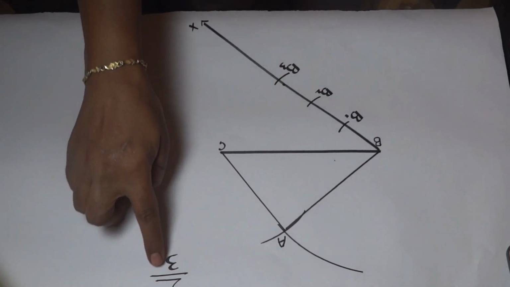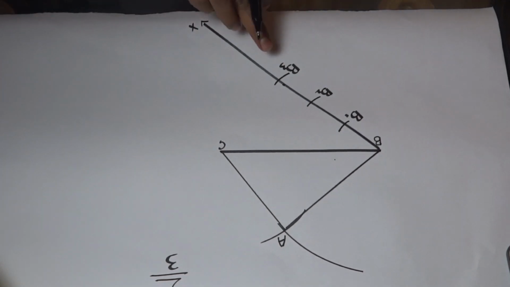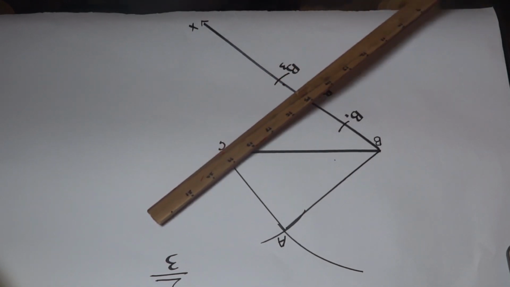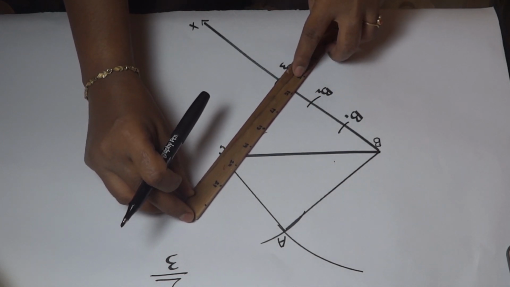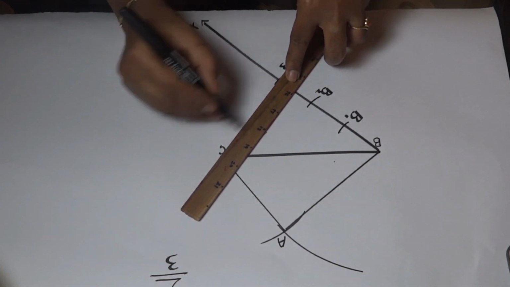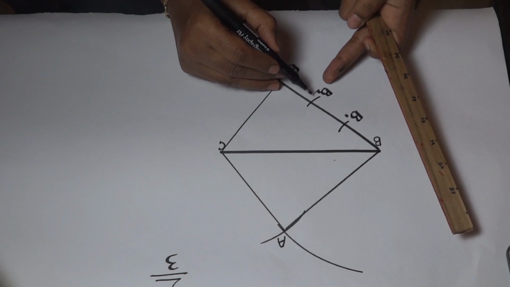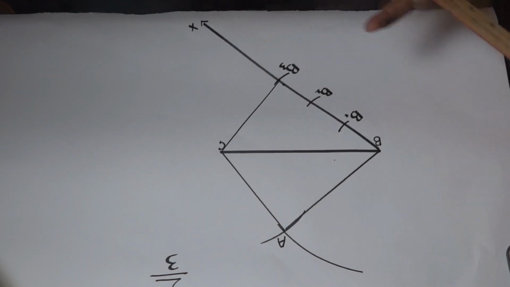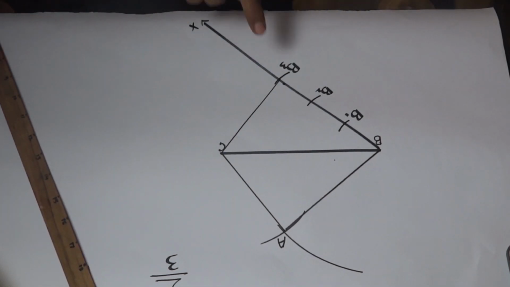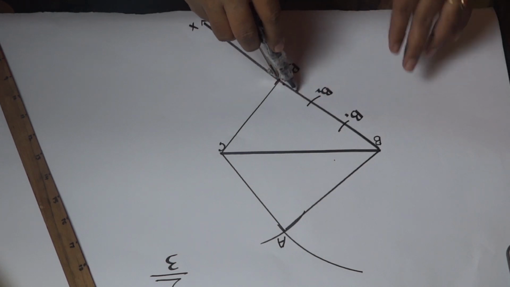Now we have to focus on the number at denominator. As it is 3, it means we have to join third part of the marks to end point of the line segment BC, like this. Now we have to join this mark at point B2 to this line segment BC. To do that, we have to copy the angle formed at point B3. To copy the angle, we will follow the same procedure as we did in previous example.